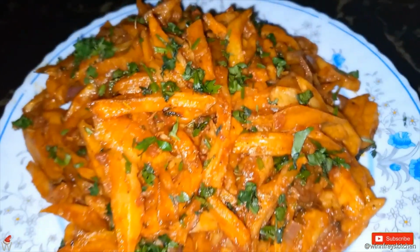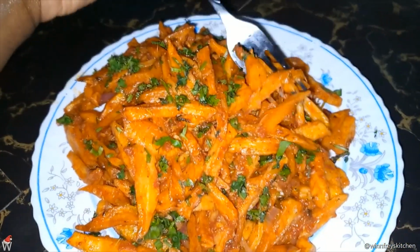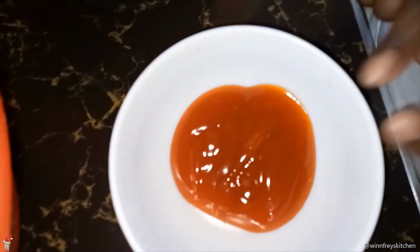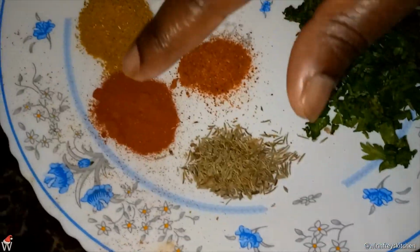In today's video, I'm going to show you how to cook chips masala. Please stay tuned. We need potatoes cut into this shape. We need tomato sauce. We need coriander stems, coriander leaves, thyme, paprika,